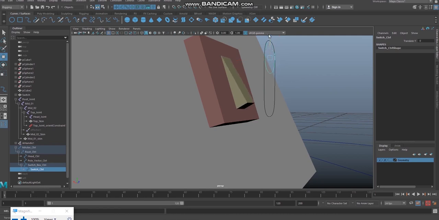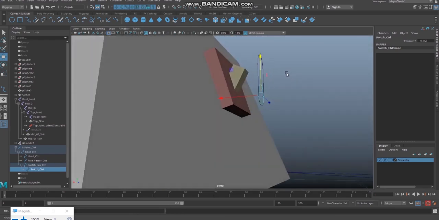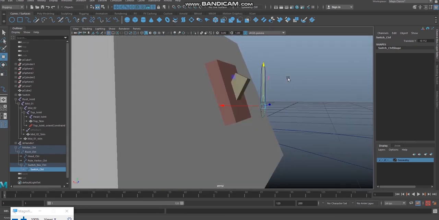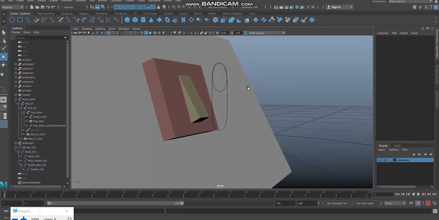This zeroth position is good, but when I move down, the switch keeps turning and comes out in an uncomfortable position.